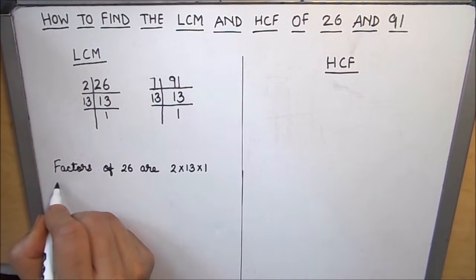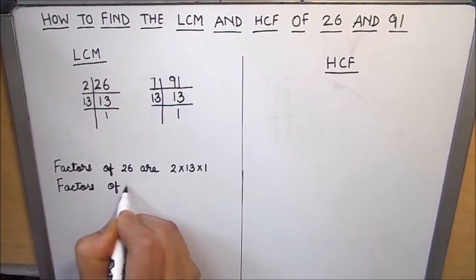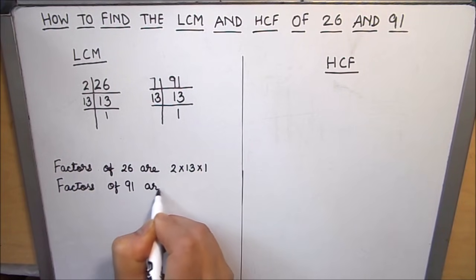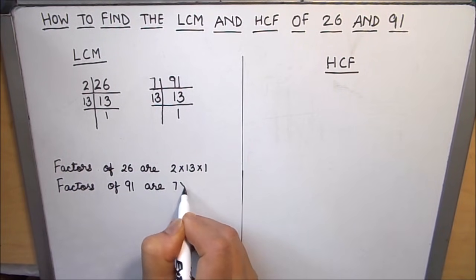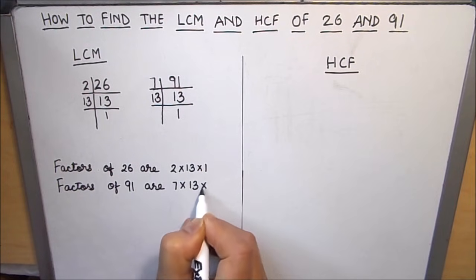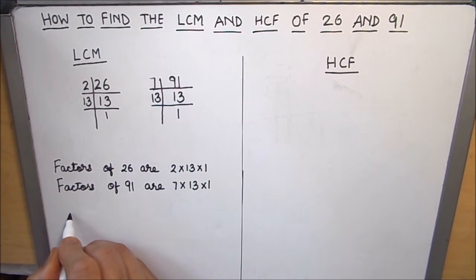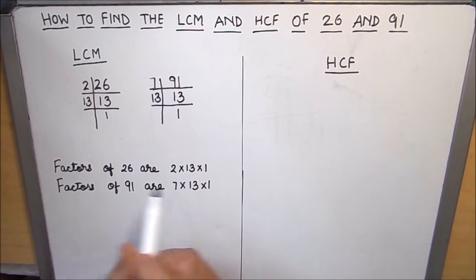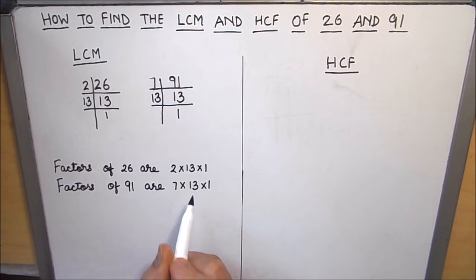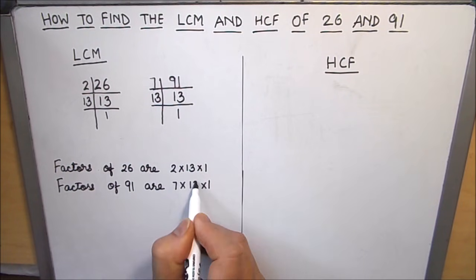So we got the factors of 91 are 7 times 13 times 1. Now here we are finding the LCM. So LCM will be the lowest common multiple. So here we see the common number is 13